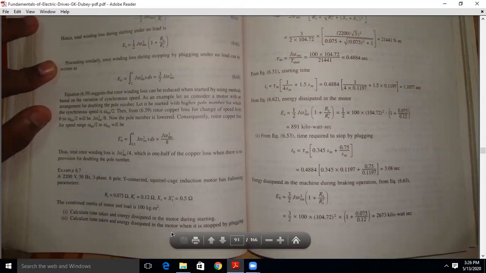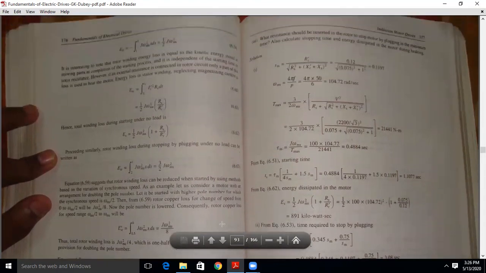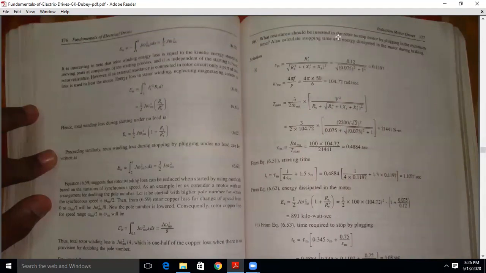The third point asked is, what resistance should be inserted in the rotor to stop the motor by plugging in the minimum time? Also calculate the stopping time and energy dissipated in the motor during braking. So these three parameters are asked. In order to calculate the first parameter, that is, the time during starting and again the energy dissipated,